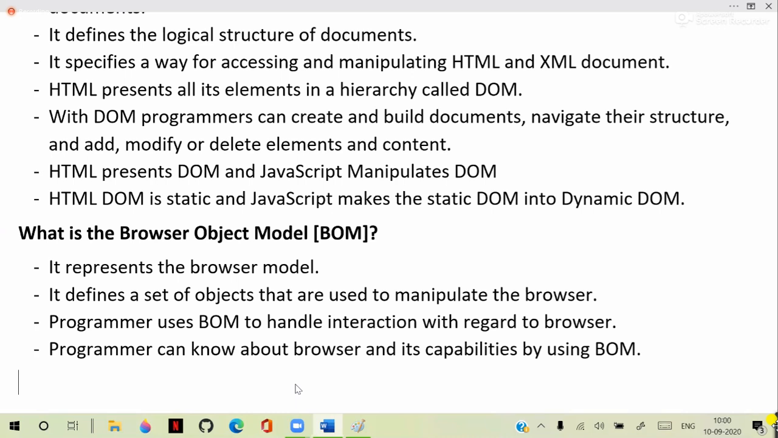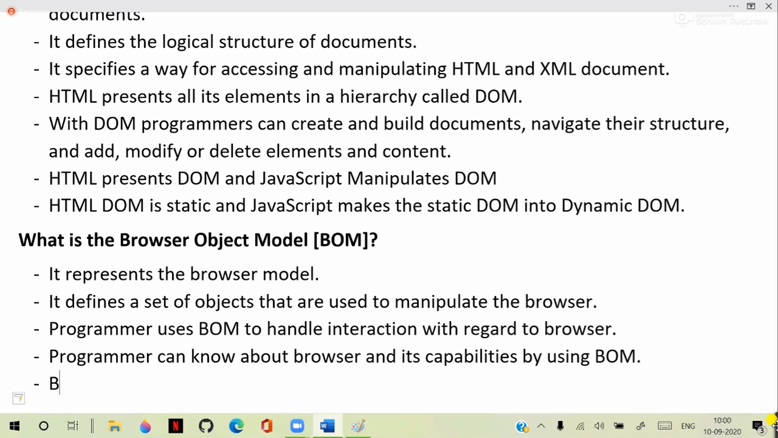They cannot just say go to browser settings and see. They have to write a program which goes to the browser settings and verifies whether the cookies are enabled or not and shows a simple message. This requires a program for programmers to manipulate the browser. So DOM is an API for manipulating the documents. And BOM, you can say that BOM is a programming API for